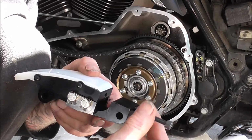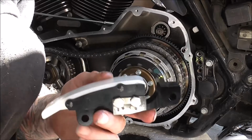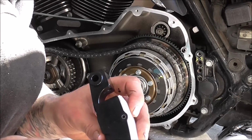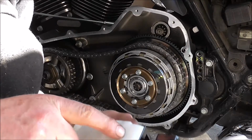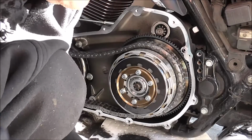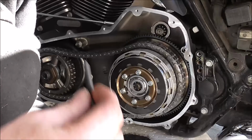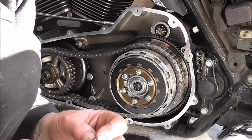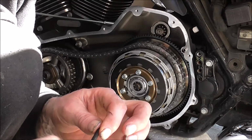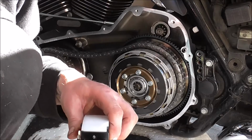I've done this in the past where I've just took this out. So you're relying on your teeth, which is fine because it's got teeth on both sides and they are good and strong, it's not going to come loose. But if you want to leave this in so it's pushing against the back of it, you can put the nut on and the lock washer that comes with it, so that when you get your tension up,